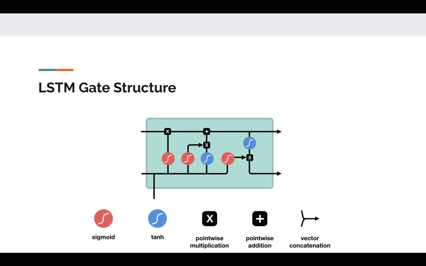This is the information highway. Remember, this has all the information. This information we are giving here, and we are giving this information also again. So it has the information from previous things and this input, and this comes out as the next hidden state. So this is one LSTM unit.